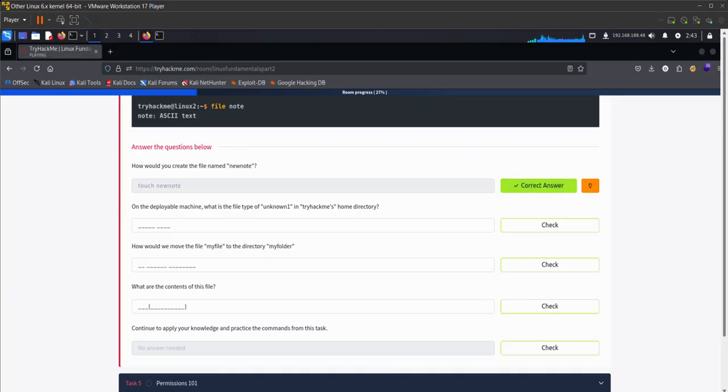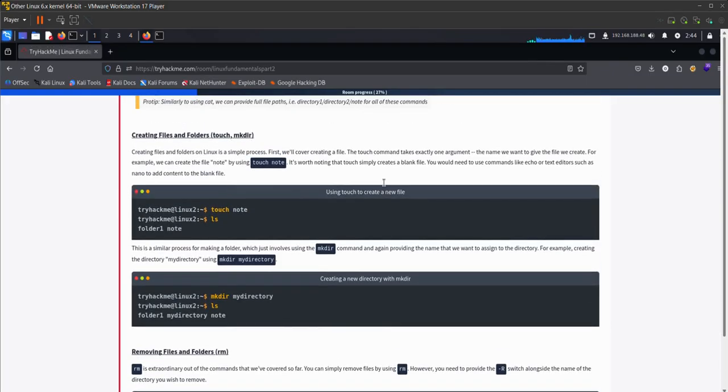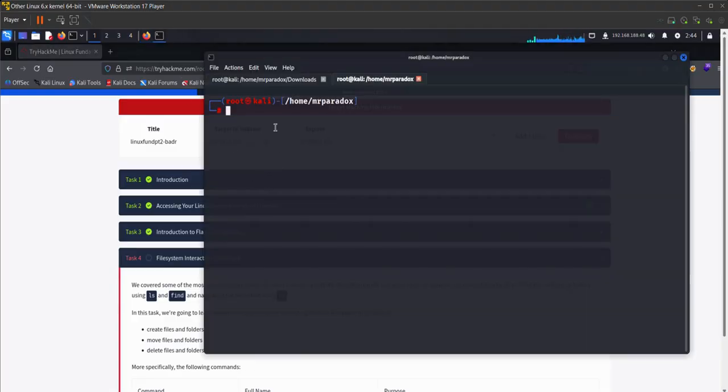On the deployable machine, what is the file type of unknown1 in TryHackMe's home directory? We should switch to the TryHackMe user on the deployed machine, and our IP address is that. We write su tryhackme.